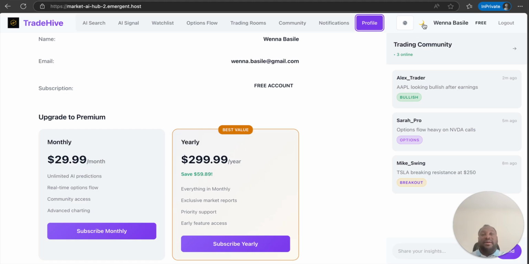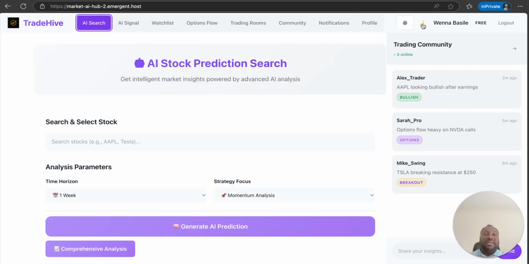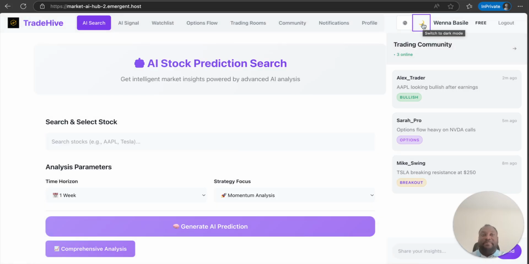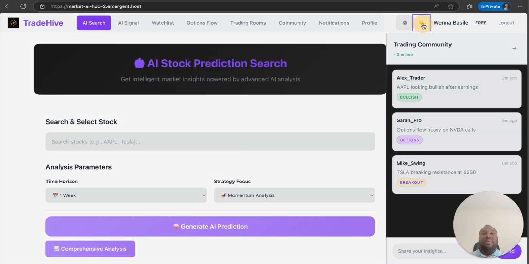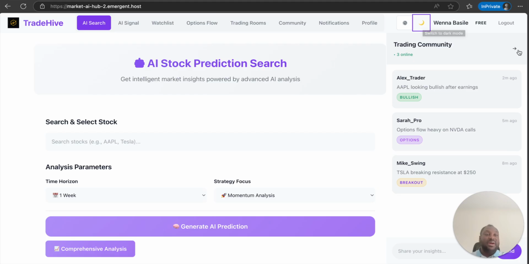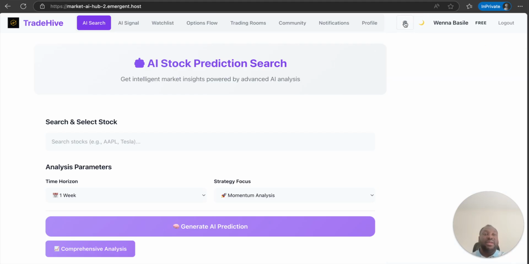So this is also really good functionality I built as part of this. You can turn the screen dark and you can turn it back. That's really good, because some days you cannot see, some days you can. And this also collapses where you don't need it, it goes away. And you have all these free slots to put your brokerage tab and things here. And you can also log out and it brings you back to the screen that I was showing you earlier.